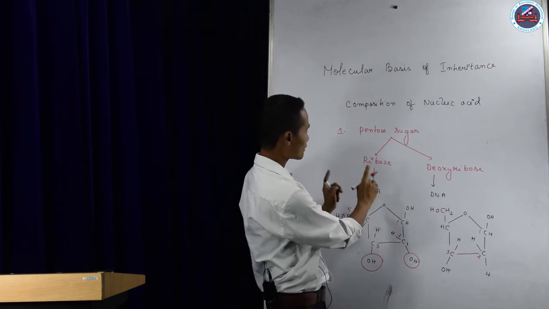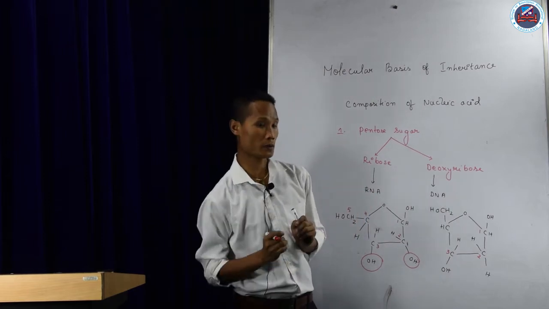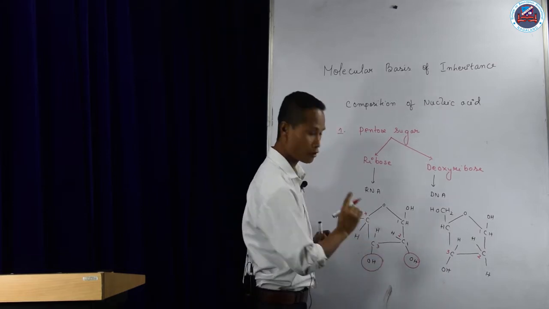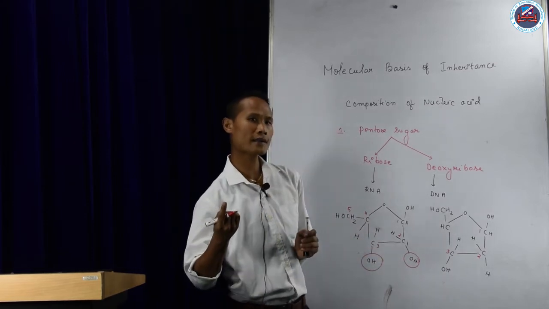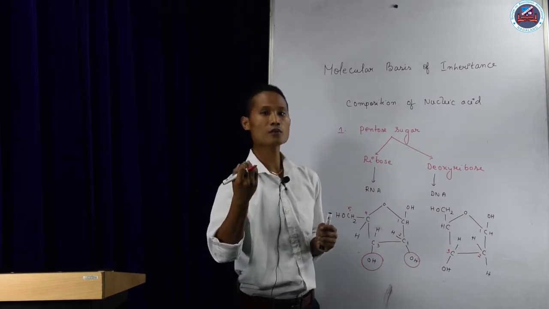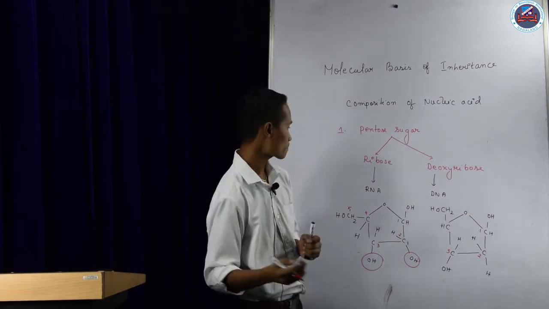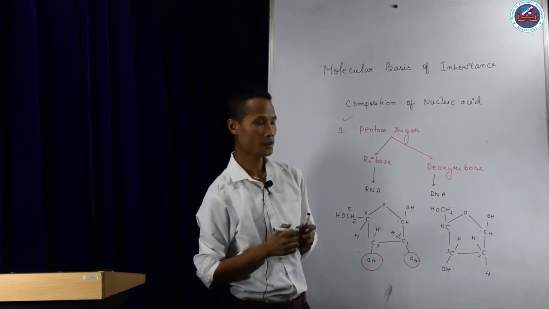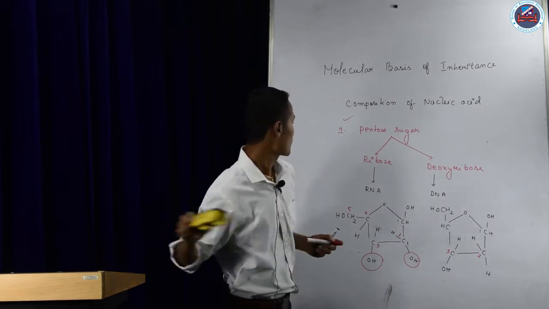And that is the reason that RNA become more reactive also. Why? Because of the presence of these 2 hydroxyl group. In other way, we can say that the more the number of hydroxyl group, they become the reactive group. So the first important thing is your pentose sugar. Next,